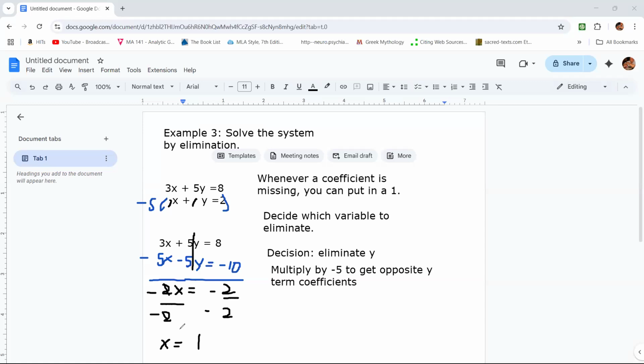Okay. Now, you can go back and put this 1 in one of these equations that you started, this changed equation. I suggest you put it in the original, okay? So I'm going to make a note here so you can check, you can substitute your answer